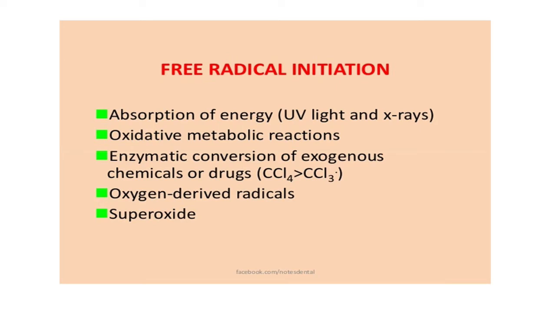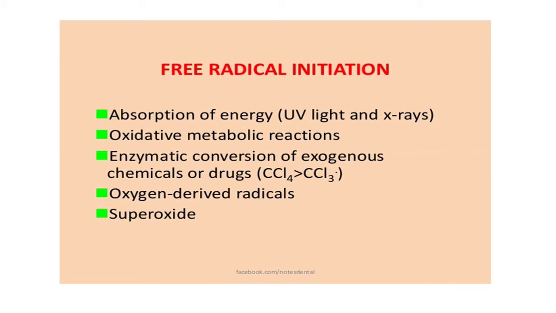When they are unstable, when they are supposed to leave the cell and they are not able to leave the cell, then they damage the cell. So when we talk about free radicals, we are looking at unstable molecules that can damage the cells in your body. For example, they form when atoms or molecules gain or lose electrons.